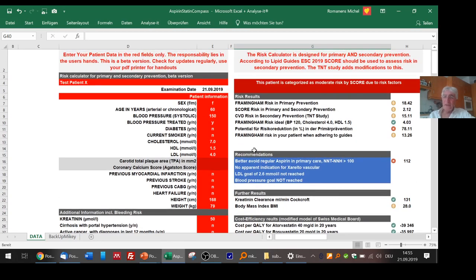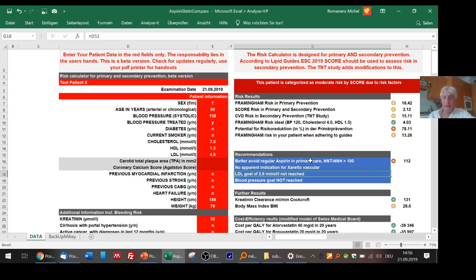So now let's look at the results. So we see in primary prevention, this patient would have a risk of 18, in secondary prevention of 15, and the score risk is 2% in 10 years. So this is an intermediate risk situation where the calculator says do not use aspirin. There is no apparent indication for Xarelto at an intermediate risk, according to the new guidelines 2019 of the European Society of Cardiology. You should reduce the patient's LDL if dietary effects are not enough, with statin to below 2.6